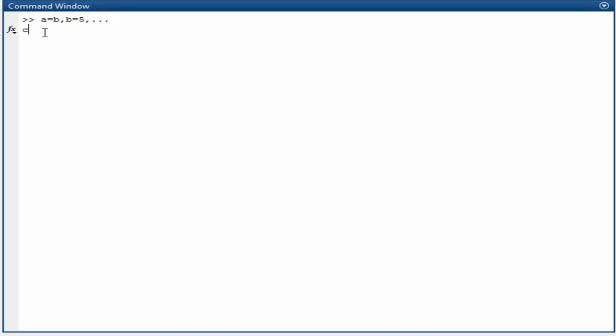So if I write C = 5, and after that comma, sum = A + B + C, with a semicolon, the output of sum is not displayed, because I used the semicolon here, whereas A = 5, B = 5 and C = 5 are displayed because semicolons are not used there. So this is all for the command window.